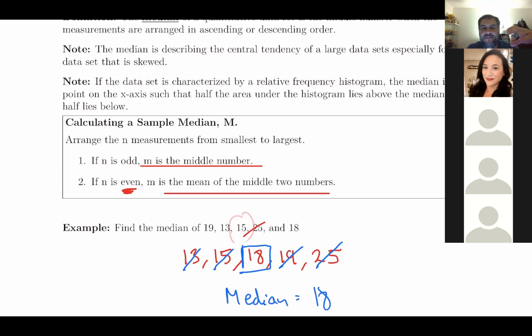So usually the median is just trying to divide the data set into 50%. 50% of the data set should be to the left, 50% of the data set should be to the right. If you look at it, it's divided where these 3 numbers are to the left of it and these 2 numbers are to the right of it. So that's what the median is trying to do, break it up where 50% goes to the left of that median and 50% goes to the right of that median. All right, any question in regard to the median for that first example?